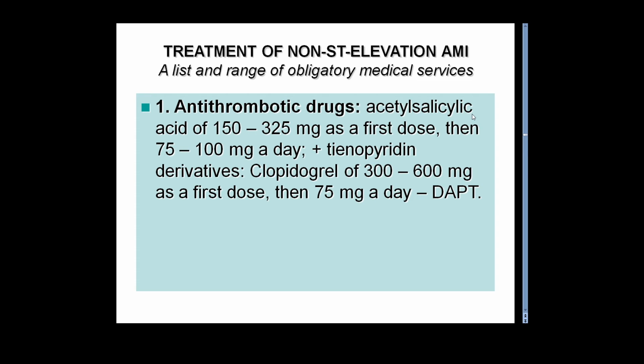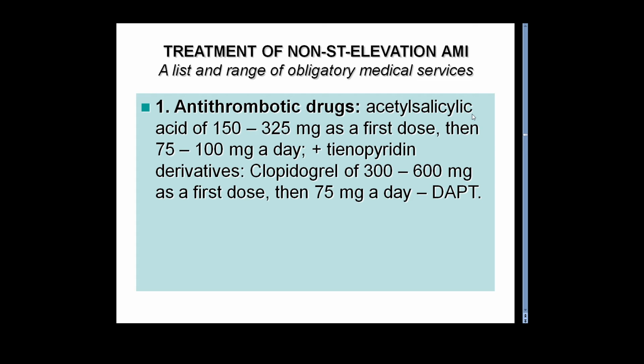Dual antiplatelet therapy consists of acetylsalicylic acid, first dose 150 or 160 to 325 milligrams as a first dose, and then maintenance dose 75 to 100 milligrams per day, plus clopidogrel 300 to 600 milligrams as a first dose, and then 75 milligrams per day,